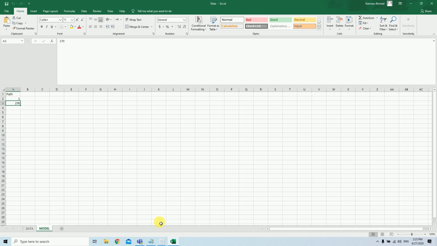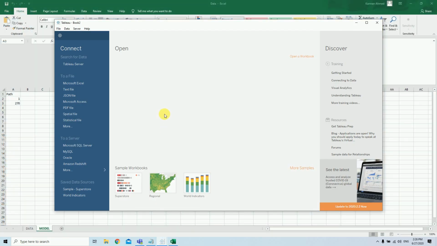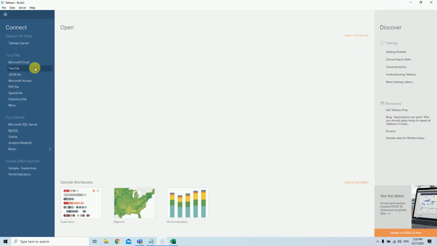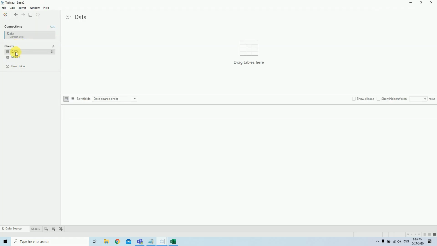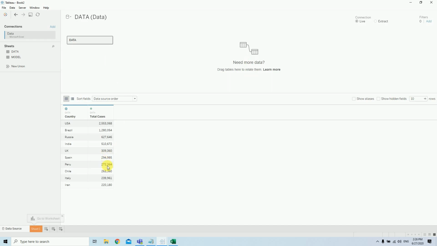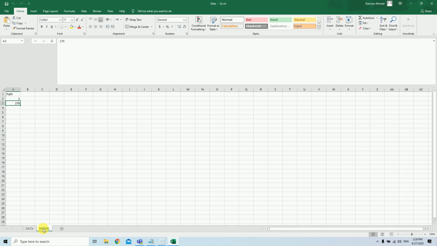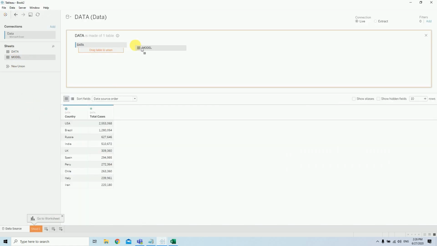So how do we add this into Tableau? Just open a sheet and connect with the data. I'm using the same data. You see I already have the data tab, which brings the same information. Now you have two options. You can double click on the data table to go into the join mode, and if you have already prepared this data in a sheet or somewhere in the table or in the database, you can bring this data and make a join.